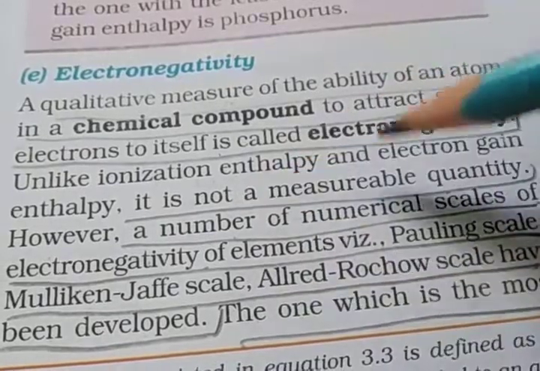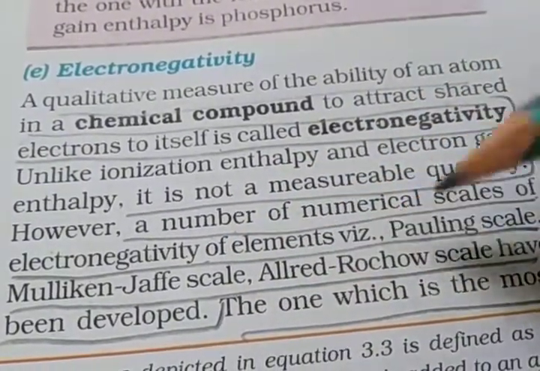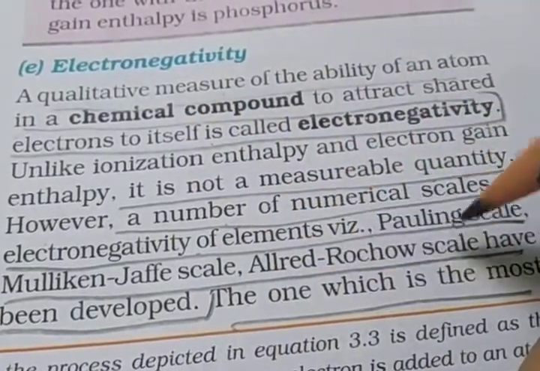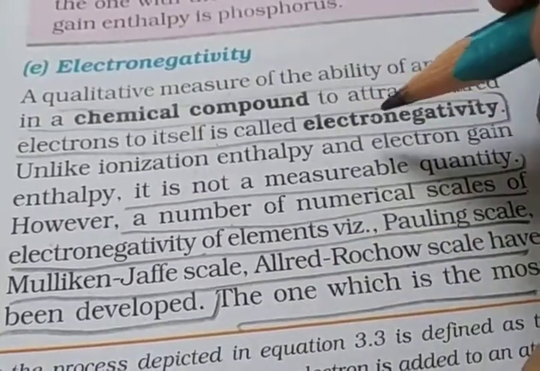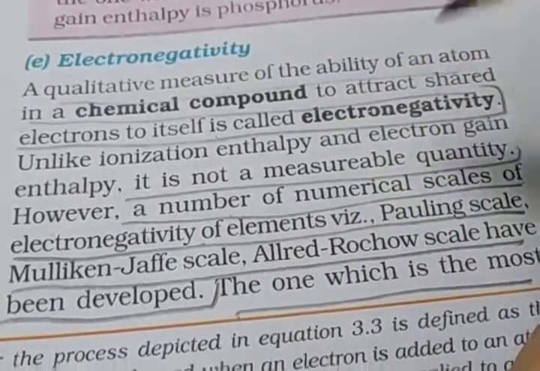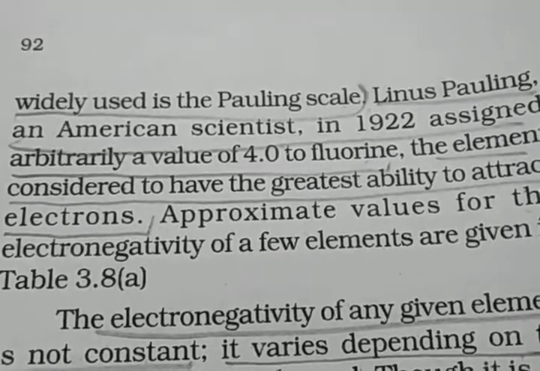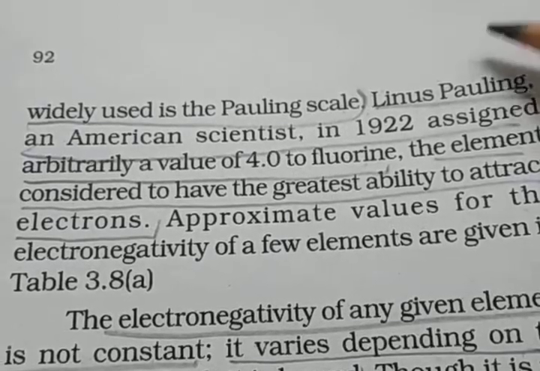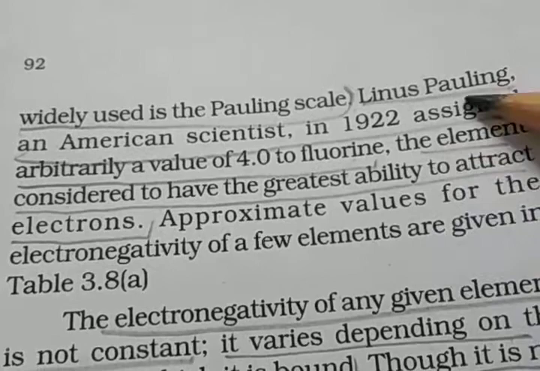And electronegativity is not a measurable quantity because we don't know. Then a number of numerical scales of the electronegativity of elements like the Pauling scale, Mulliken-Jaffe scale or Allred-Rochow scales have been developed for finding the electronegativity. The one which is the most used is the Pauling scale, and this is given by Linus Pauling,